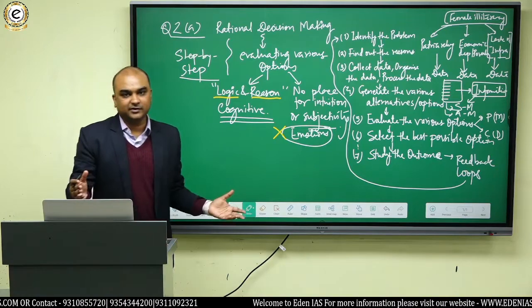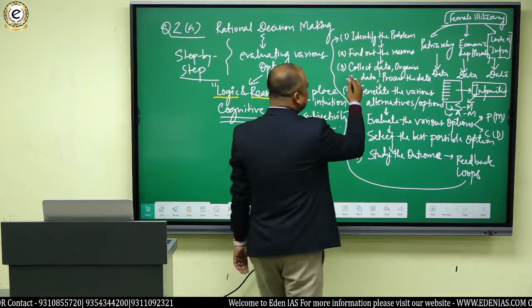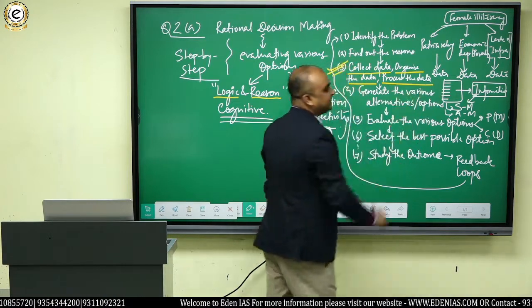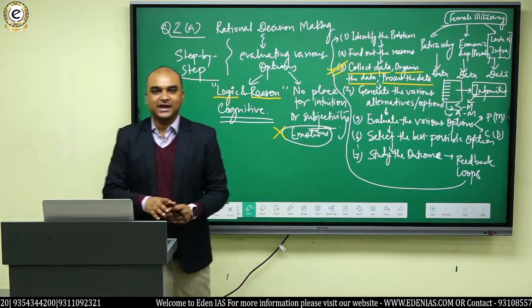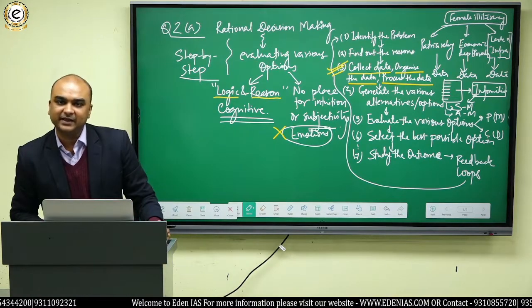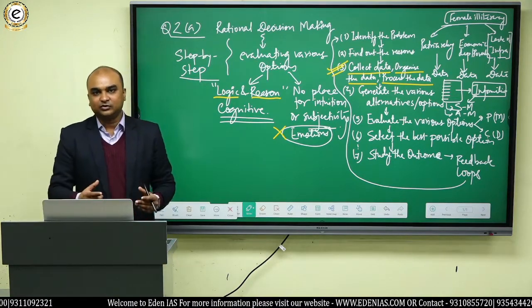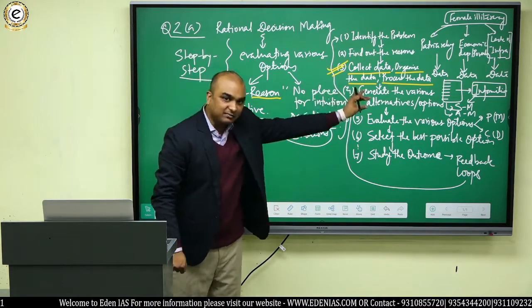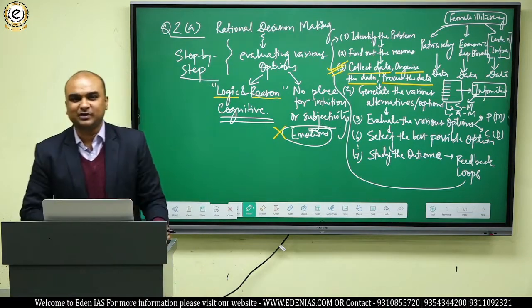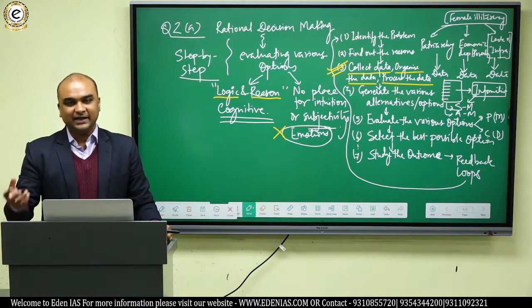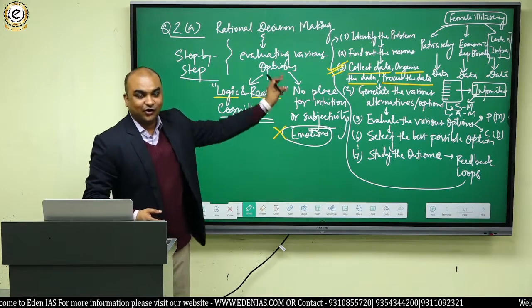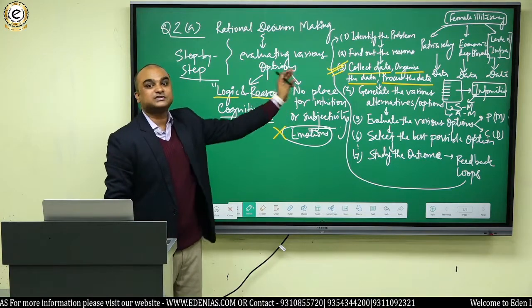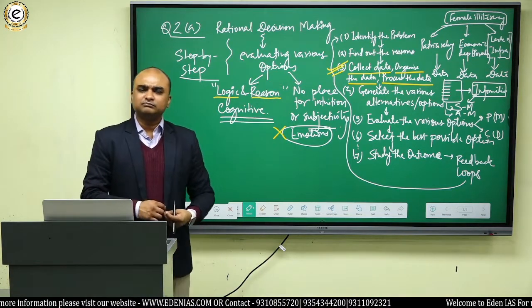Well, this is a no-brainer and no prizes for guessing that it is at this stage, collection of data, organization of data and processing of data, digital technologies can act as a boon. They can help in cutting down the time that is required for data collection, organization of data and processing of data. Digital technologies in this way could help enormously in the third stage, or the third step of the rational decision making. So this is where you can write the positive aspect of it, and you can give some